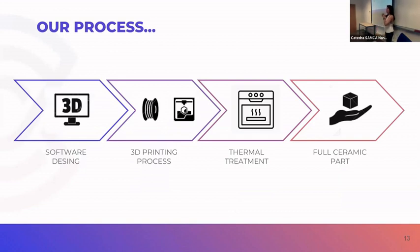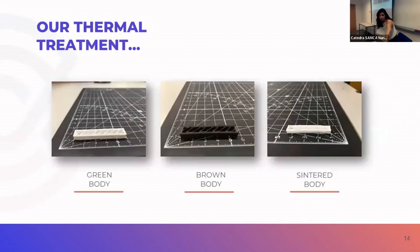Now you already know what our material is like, and I want to explain the whole process, from when we produce our material until we obtain a full ceramic part. First, we use design software to design the part the client needs. The second step is to use our product to print this part, and in this step we have the first part, which we call the green body. This part still has organic and inorganic parts, but like I said before, we only want the inorganic part, so we have to remove the organic part. For this reason, we introduce the green body